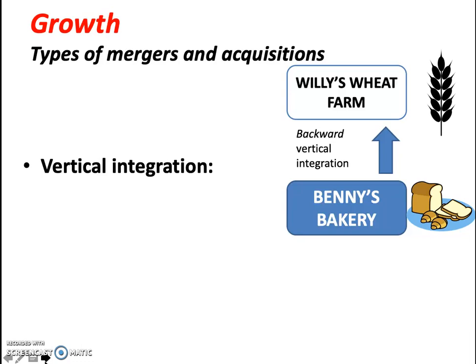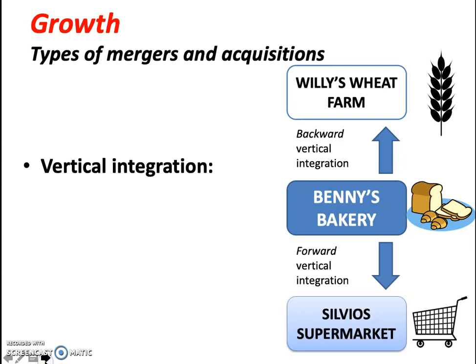And gentlemen, you need to know these and know them well. You also have what's called forward vertical integration. Forward vertical integration would mean our friend Ben Broadley would go buy Silvio's super